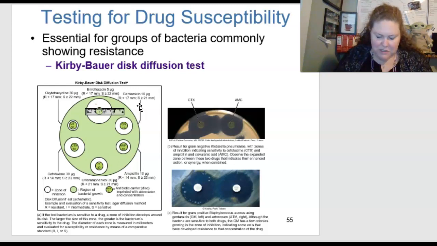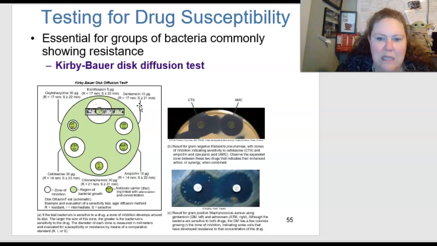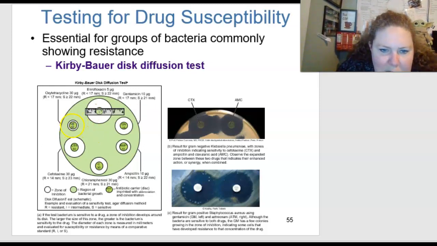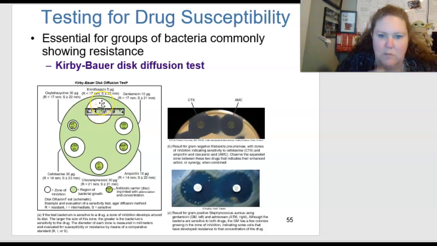So the diameter of each zone is measured in millimeters, and then it is evaluated for susceptibility or resistance by means of a comparative standard. So you can see this is not very receptive to that antibody, but this one is. The circle is very, very large. So this one would be the most effective